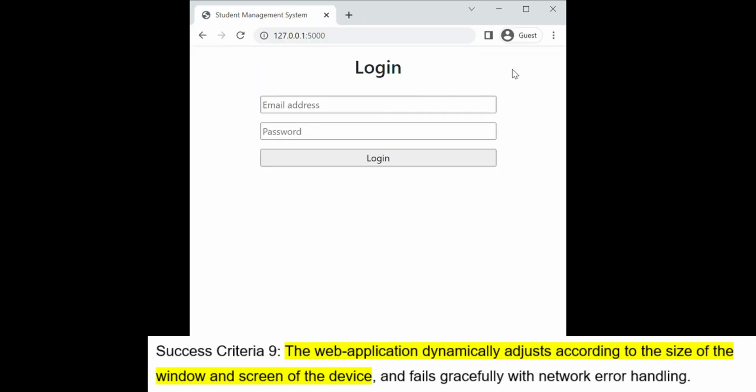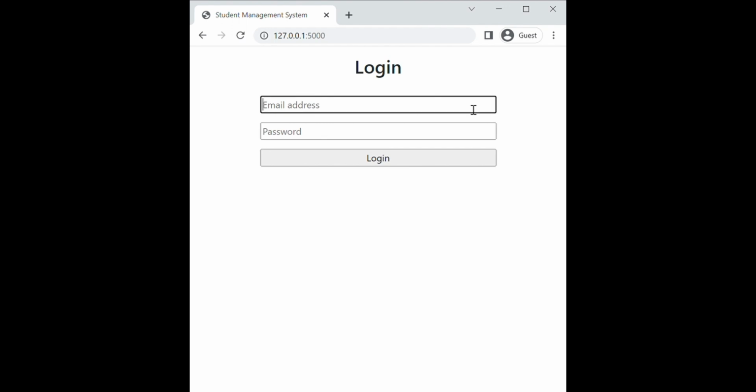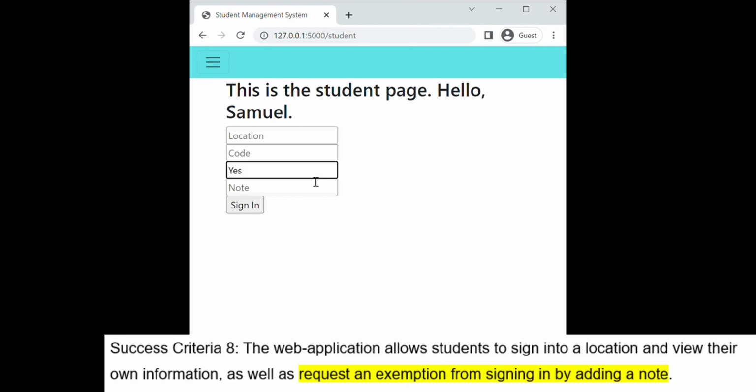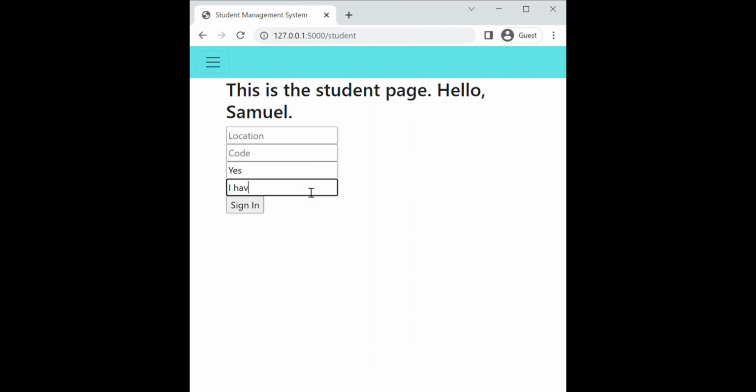To meet success criteria 9, the web application must size to a smaller screen so that mobile devices can also be adapted to, and indeed this login page demonstrates just that. If I sign in as a student account, I can see that even the student page adapts accordingly. And if I want to request an exemption, for example, if I say yes, and if I say I have a meeting today,